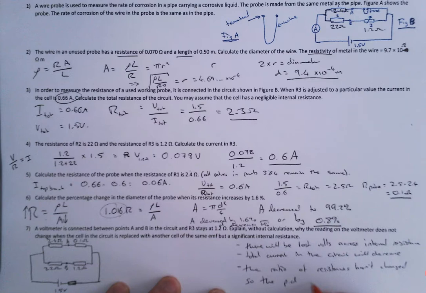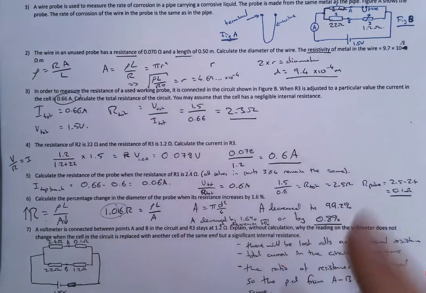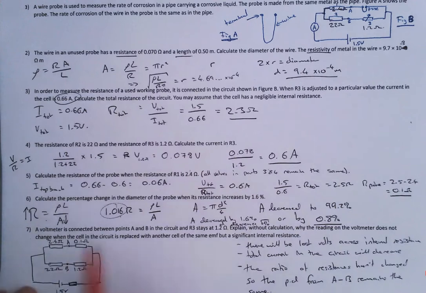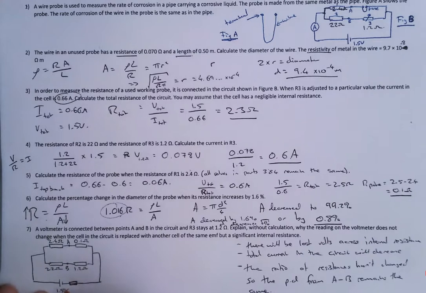Now that on its own is not particularly clear, I don't think. So although it says don't do a calculation, actually I think it is helpful to do a calculation to really illustrate this point. So with the values given in the question, we can work out what the potential difference is